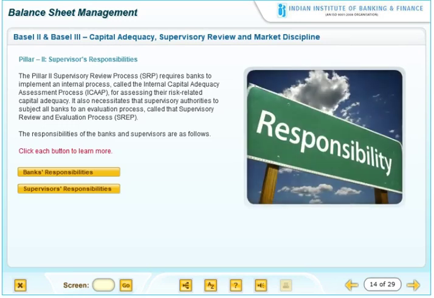The Pillar 2 supervisory review process or SRP requires banks to implement an internal process called the Internal Capital Adequacy Assessment Process (ICAAP) for assessing their risk-related capital adequacy. It also necessitates that supervisory authorities subject all banks to an evaluation process called the Supervisory Review and Evaluation Process (SREP). The responsibilities of the banks and supervisors are as follows. Click each